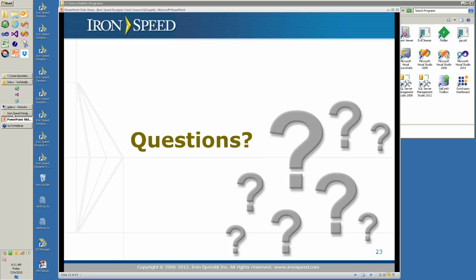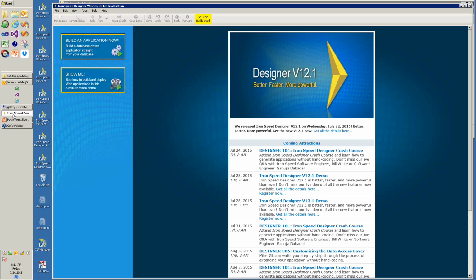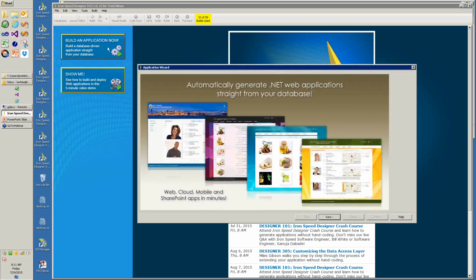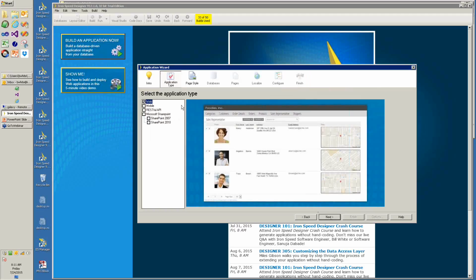And let's open up IronSpeed Designer. With IronSpeed Designer, you'll need administrative permissions on the current machine. This is version 12.1, as I said, just released on Tuesday, and we're running a trial edition key. We'll click the Build an Application Now button, and we get the Application Wizard. We go past the first screen to the starting screen of